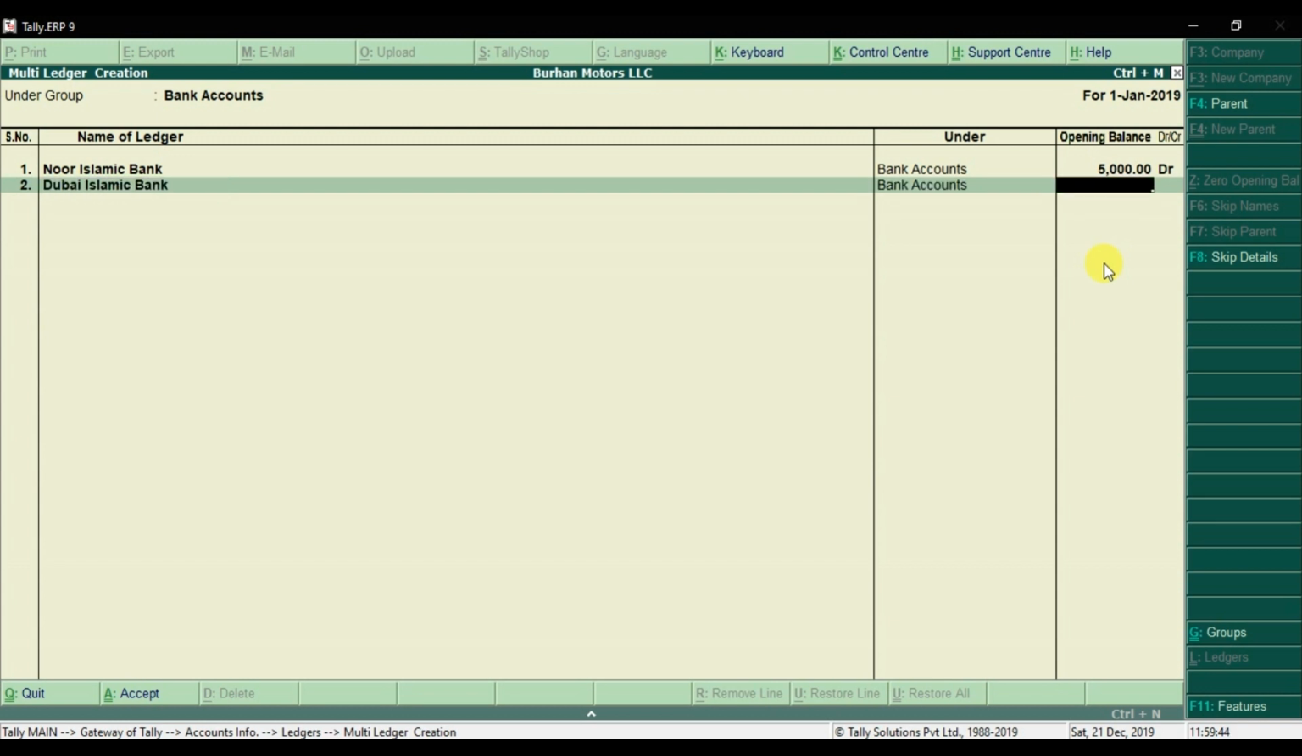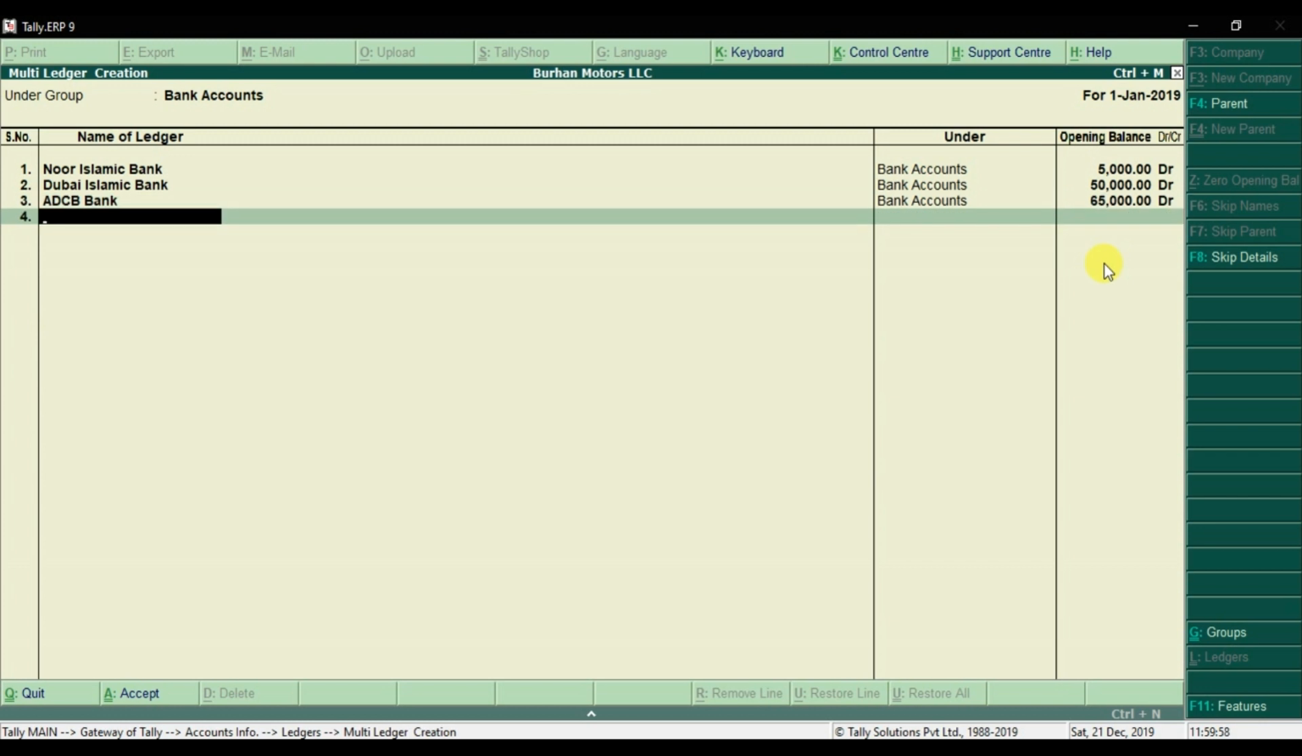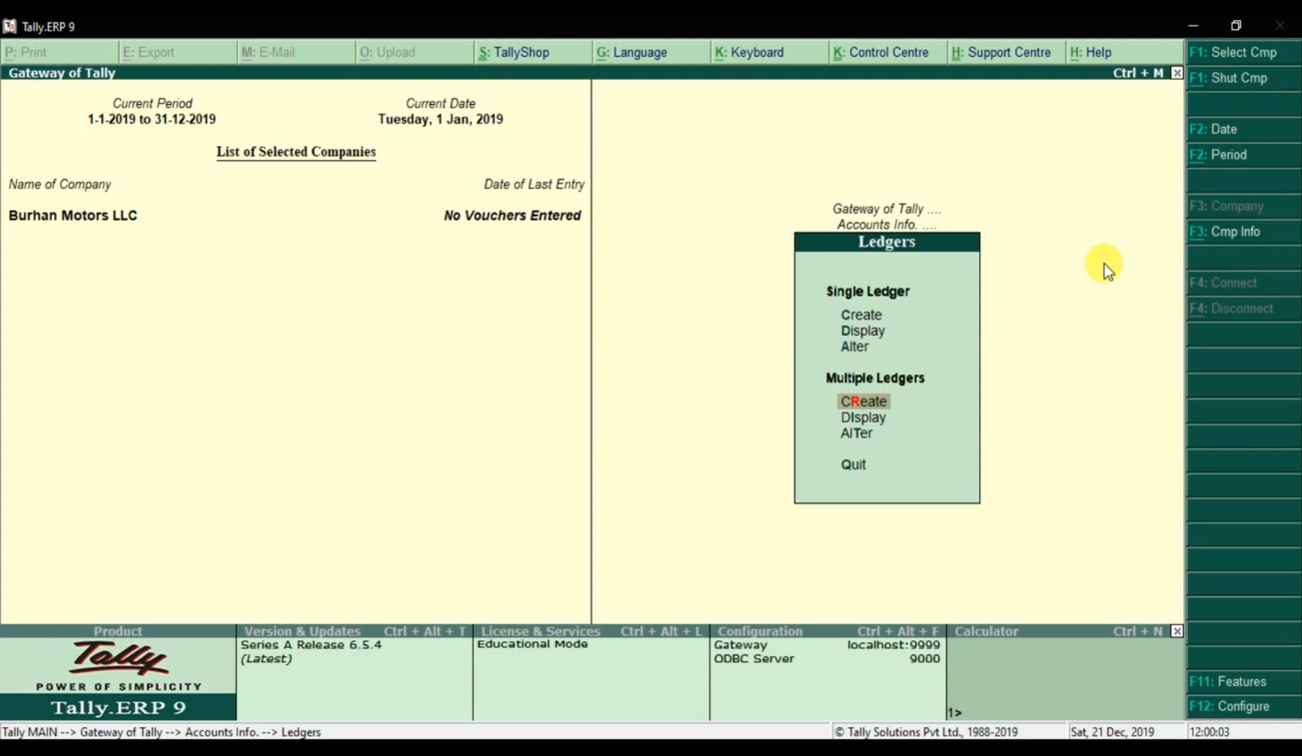Enter. What is the opening balance? You can mention that. Enter. Then we have, let's suppose, ADCB bank account. Enter. And you can create multiple ledgers here. Enter, save it. Clear? One way is that you can create a single ledger one by one, and the other is the multiple ledger method, all at once. Similarly, if I want to create multiple fixed assets,